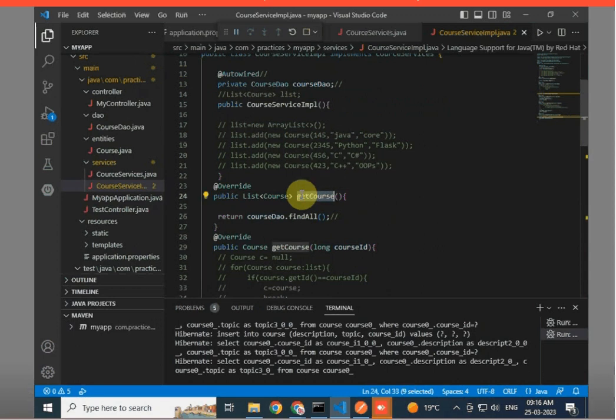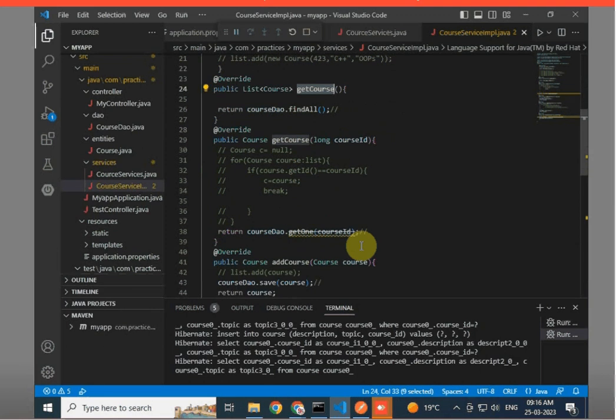The getCourses method simply returns the courses from the database using the findAll method of the CourseDao object. Another getCourse method retrieves a course by its course ID from the database using the getOne method of the CourseDao object.